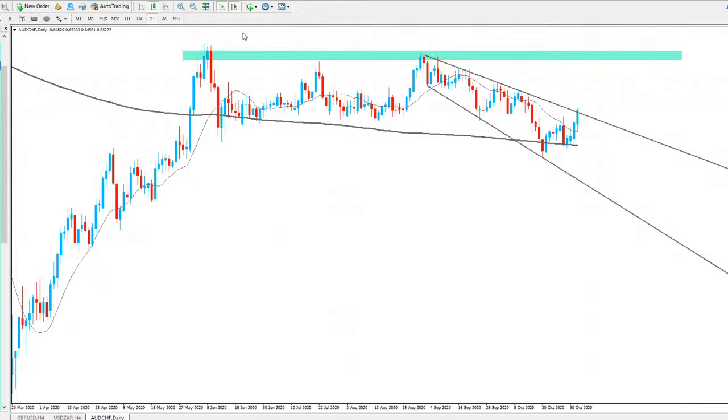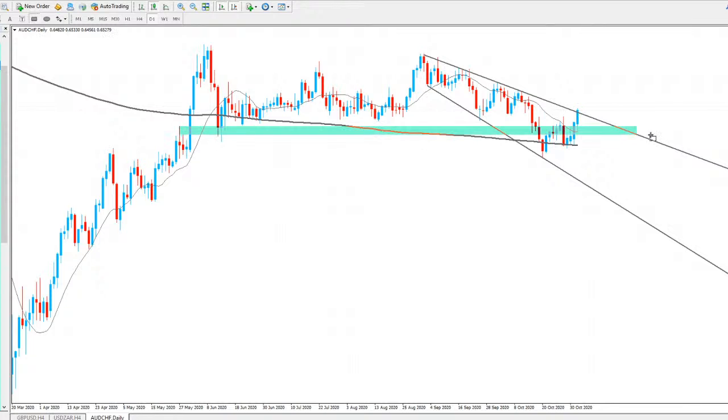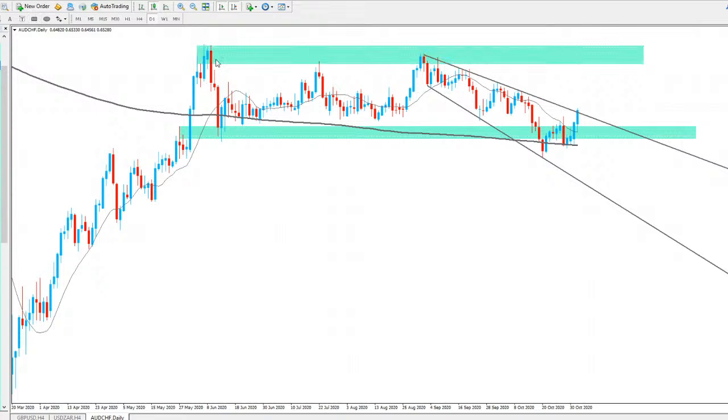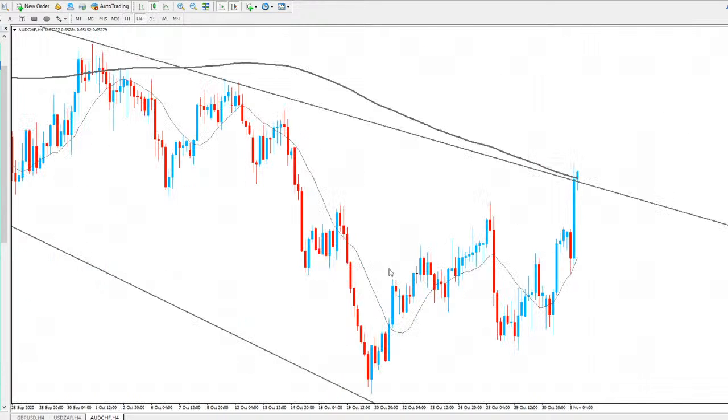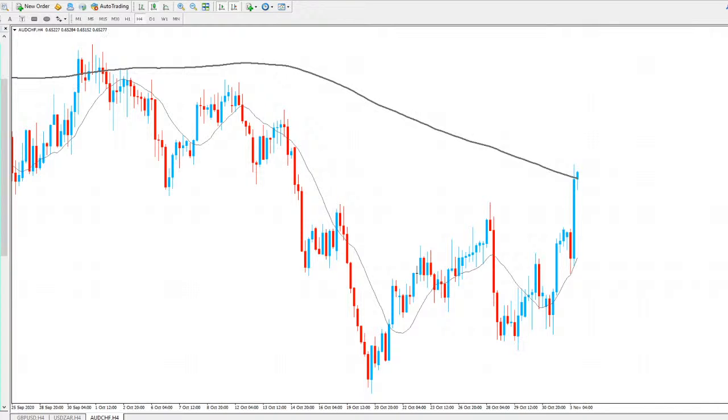As you can see, resistance there. Again, we could be seeing a move to go and test that resistance for a third time. As you can see, we're essentially just ranging really for ADCHF, maybe a bit of a false breakout we had earlier, but we've got support down there, we've got resistance up there, and for a long time we've just been moving sideways really. So again, we could be seeing another move to the upside to go and test the resistance up there. You watch out for that, and that could be happening now with breaking through that trend line. So that could be the case.